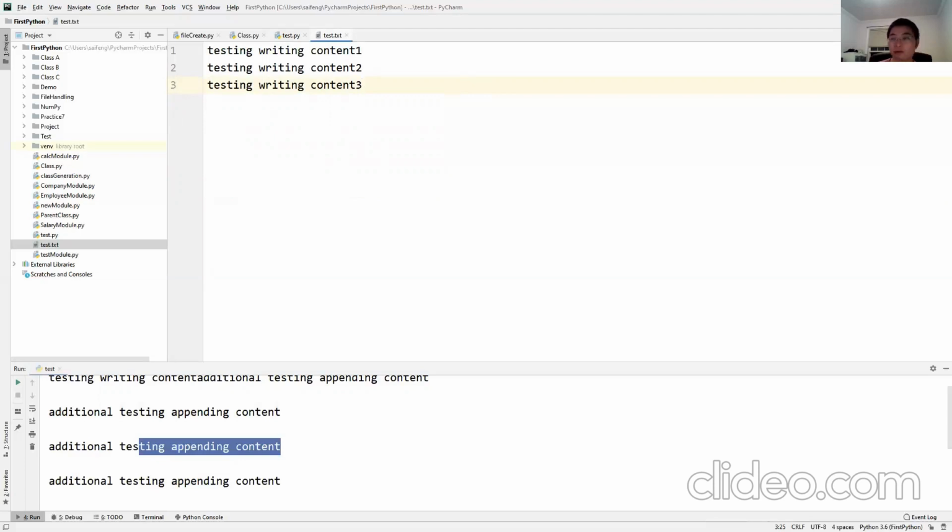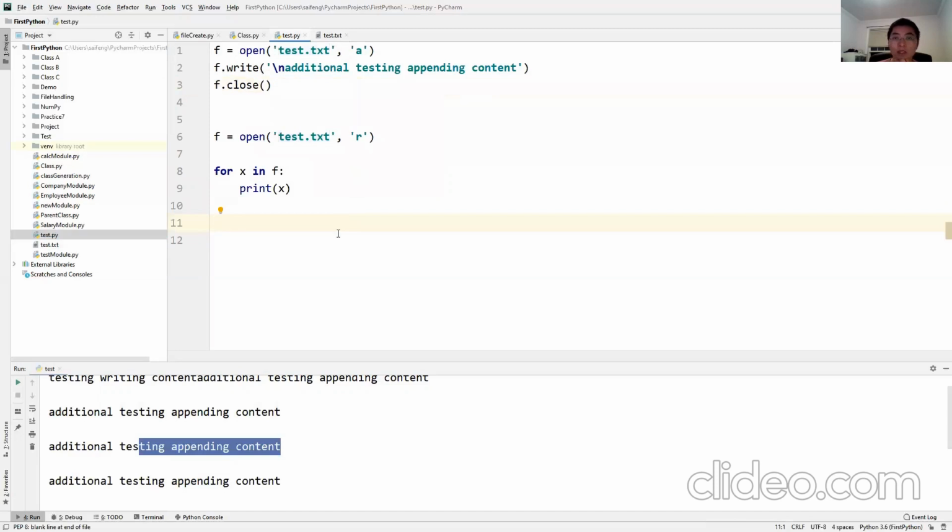In the assignment, I have a task set to clone the file. What's the meaning of clone the file? It means create a new file, and meanwhile copy all the content from the source file to the new file.